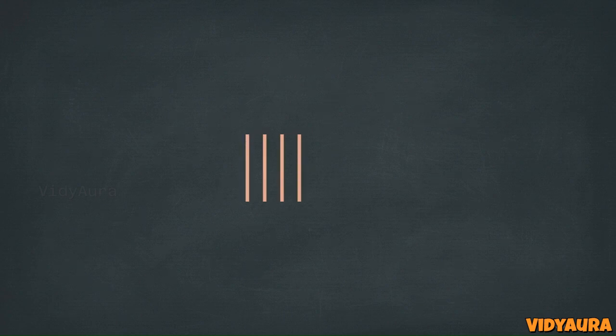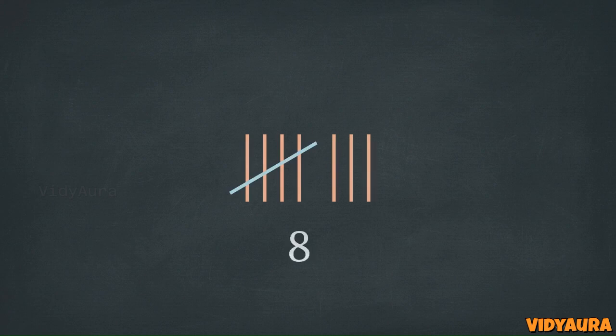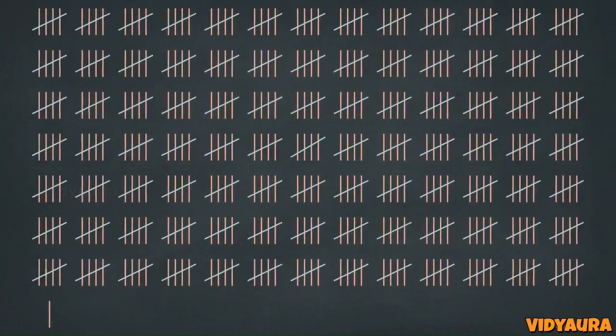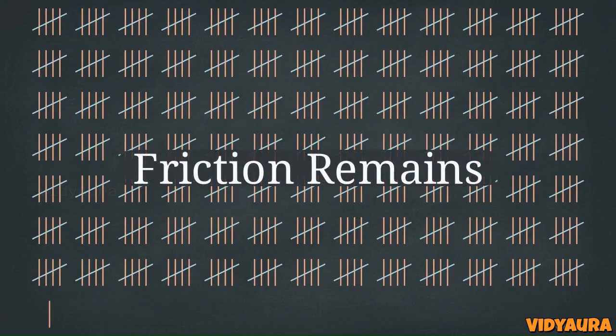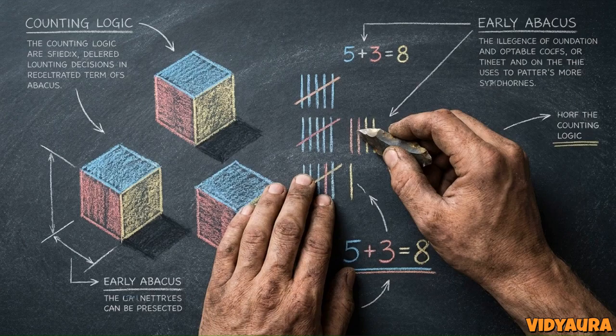Early humans organized this chaos by grouping marks. A diagonal slash across 4 lines creates a bundle of 5, which helps you read a small number like 8 at a glance. But zoom out to that flock of 456, you still have nearly 100 separate bundles to count. The friction remains. One-to-one mapping makes intuitive sense to our hands, but it places a hard limit on our ability